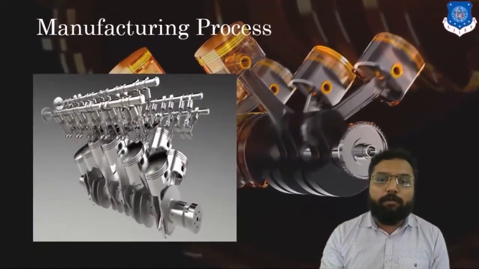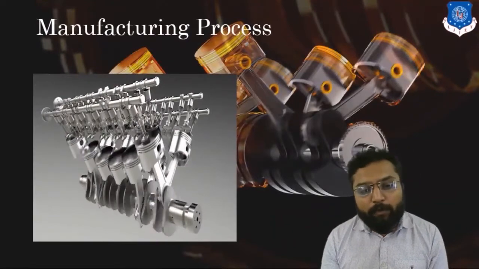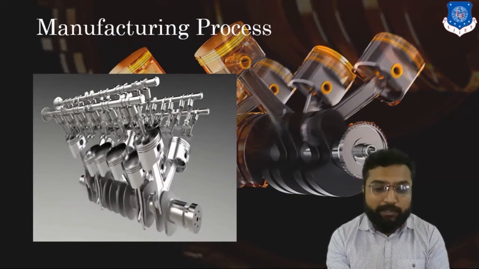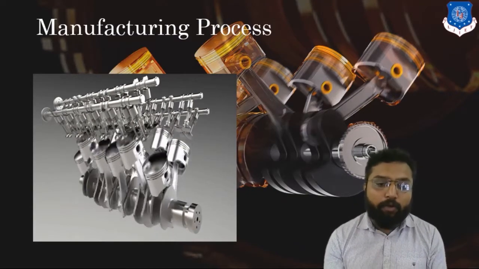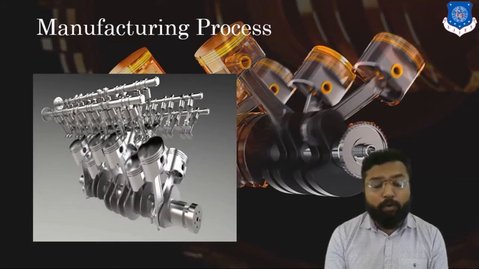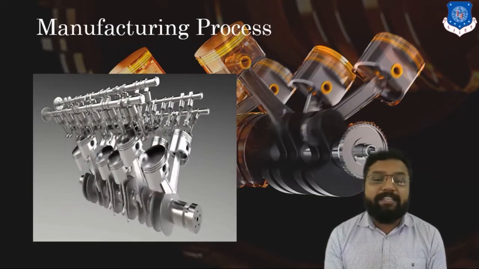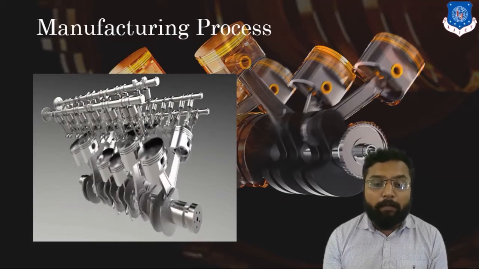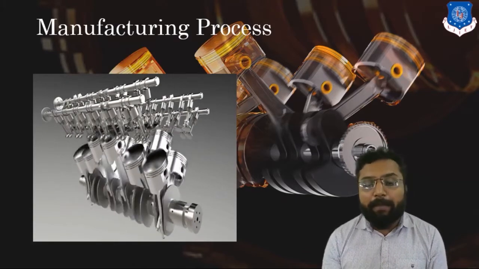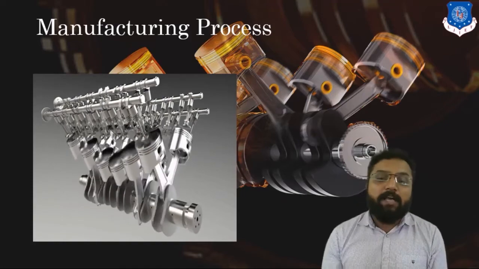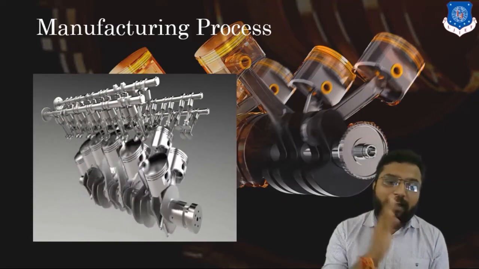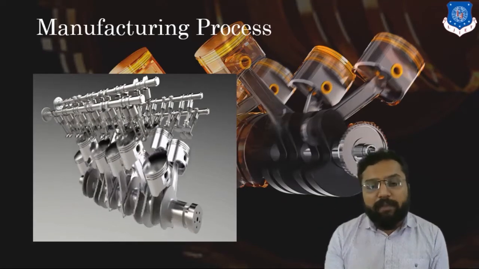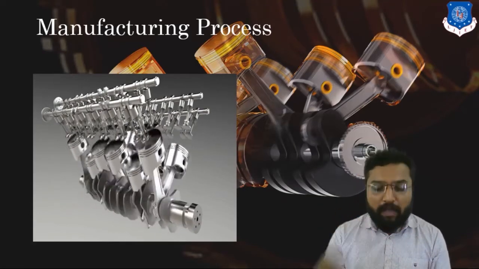After that, let's talk about the manufacturing process. The manufacturing process for this valve and each and every component will be a forging process, and then we will go through a sufficient amount of heat treatment process, because this should work against an excessive amount of heat. So we have to consider these two types of properties, clear, in working. So the manufacturing process in the case of valves is mainly forging, after that machining, and ultimately heat treatment. Here the heat treatment process is very essential in the case of our valves.